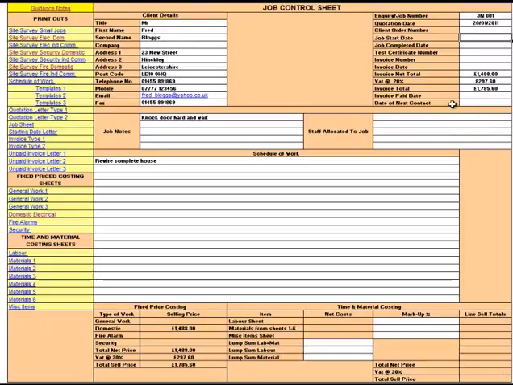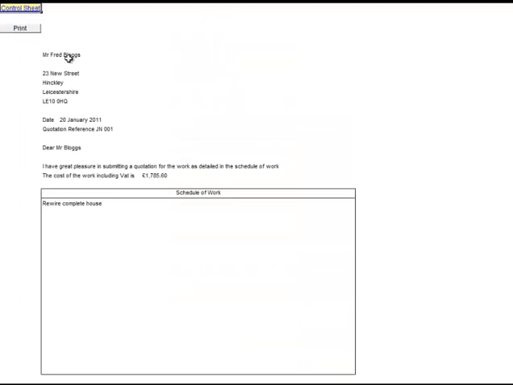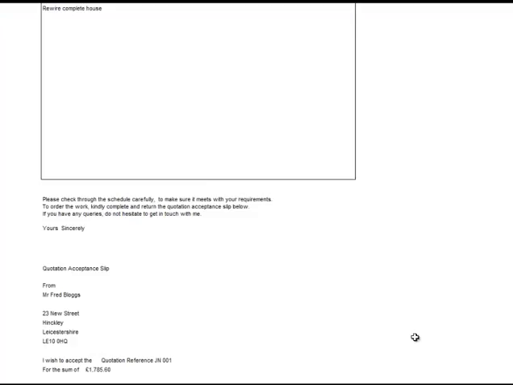Notice we've added a little bit more information. This section builds up as you go along. We've typed in the quotation date. We can now go over to the quotation letter, and that's brought all the information down, and obviously you would have printed out a schedule of work which you can do from the software. The customer then can send in the quotation acceptance slip,